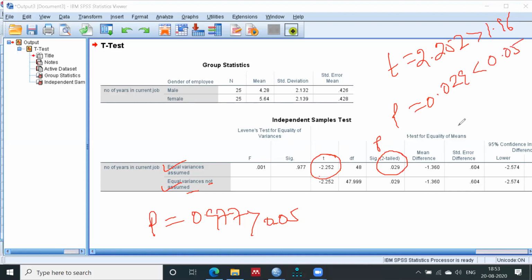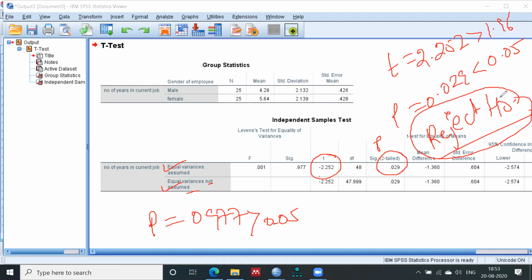The condition here is to reject the null, because my t is high and p is low. So you can reject the null hypothesis here. I hope you are able to understand all these things. Quite complicated, but it's easy also if you check all these things.